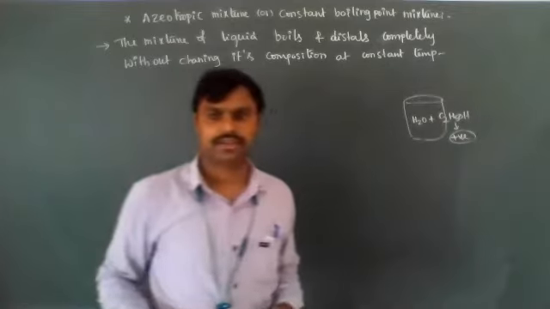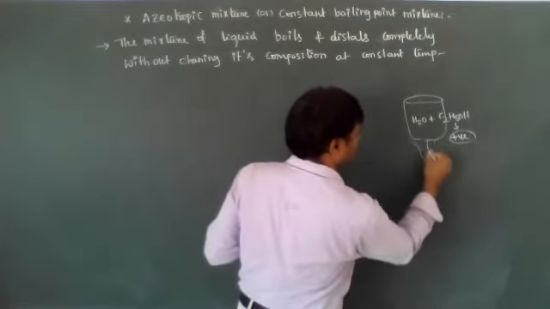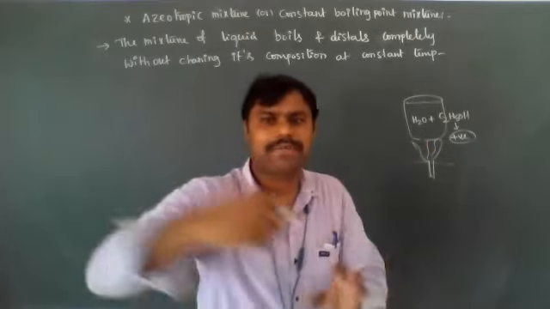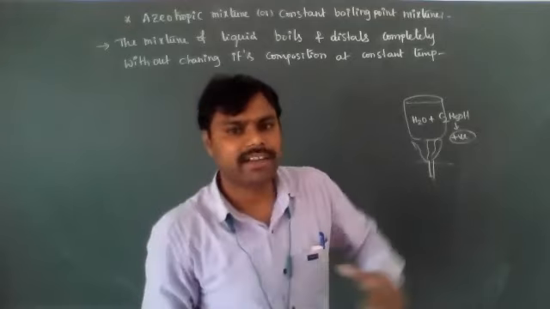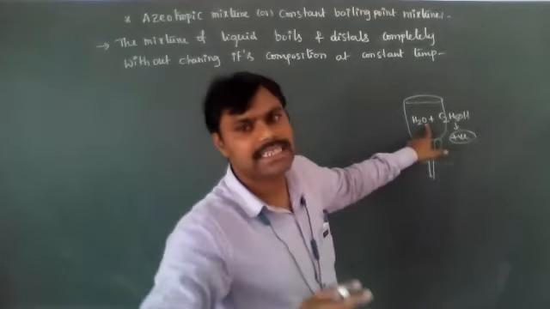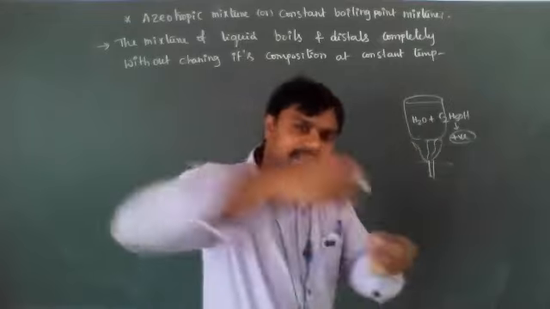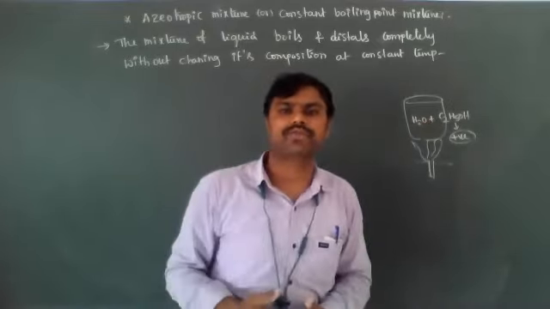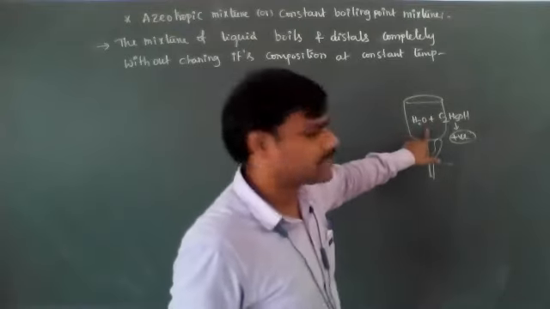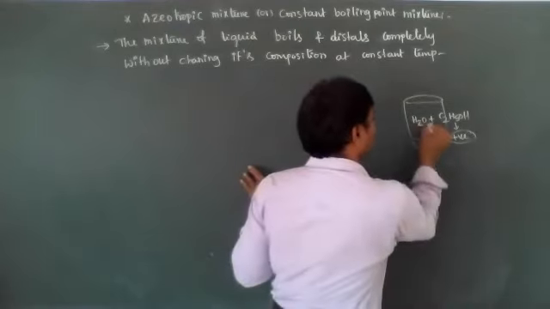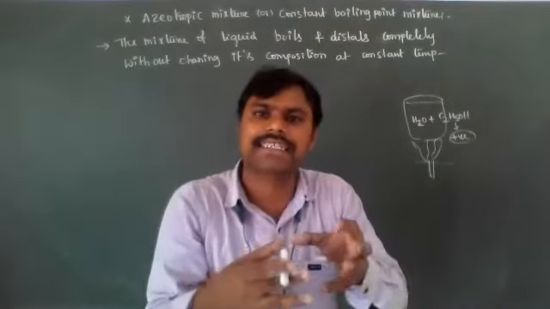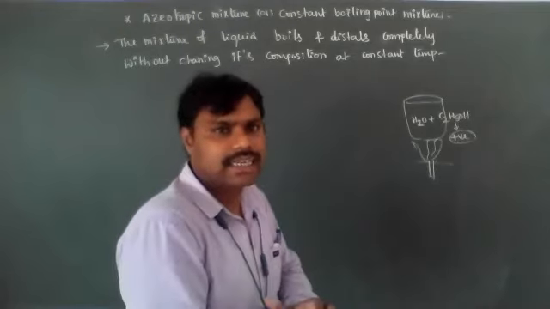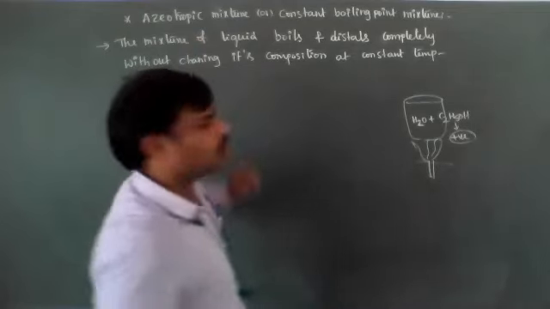So you have to boil this. On boiling, this mixture cannot be separated at any temperature. You increase the temperature, and the mixture distills continuously. Both are liquids, and actually liquid mixtures we can separate by the distillation technique. But even if you use the distillation method, this mixture does not separate, because both components distill at constant temperature only, without changing its composition. That is called an azeotropic mixture.